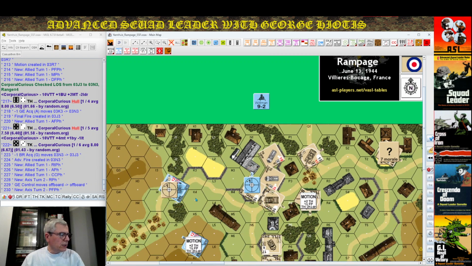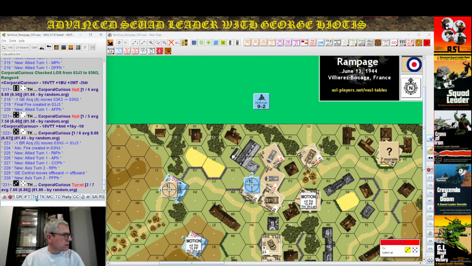We'll roll it because we need a turret hit, and because that tank is hauled down. So without a turret hit, there's no use doing the math. 2 hit turret, good stuff. So we add a -1 act there. 10 vehicular target type. +1 buttoned up. -2 for the leader, and -1 for the act